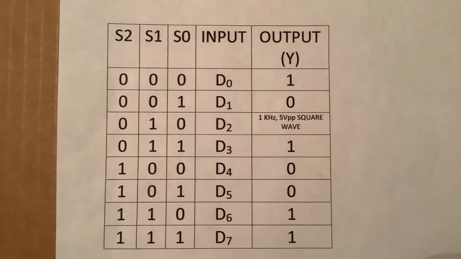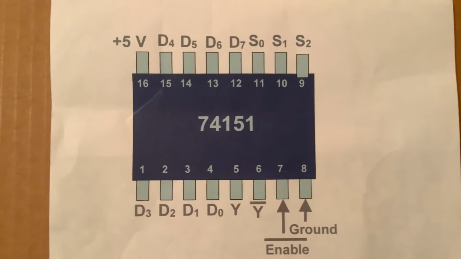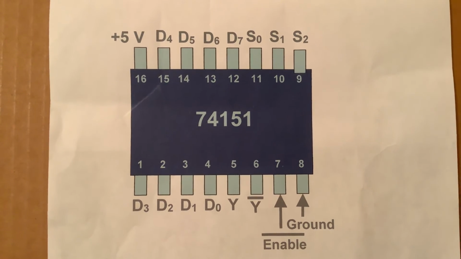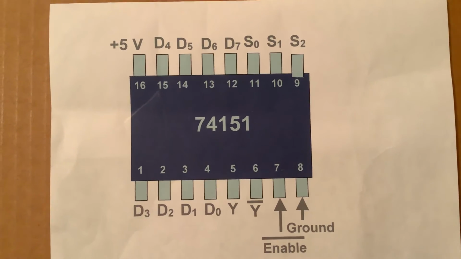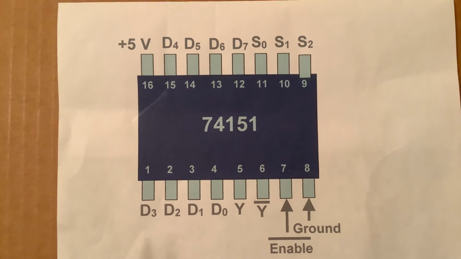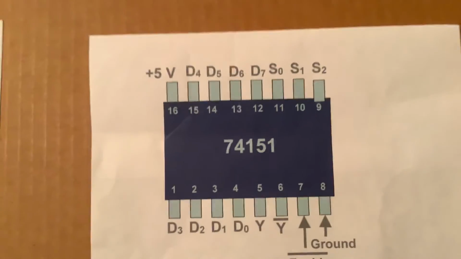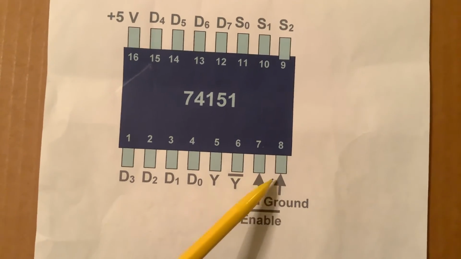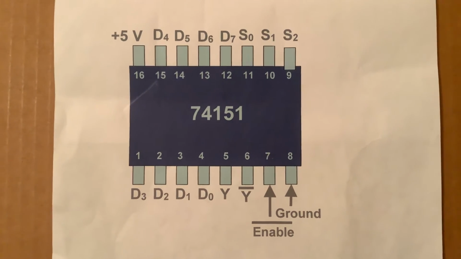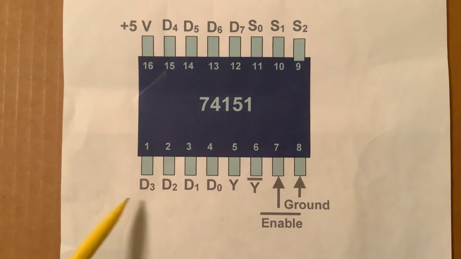In order to wire the circuit, again, we refer to the pin diagram. And wiring is pretty straightforward. For instance, pin 16 is automatically tied to a 5-volt source. Pin 8 is grounded. And then the different data inputs are